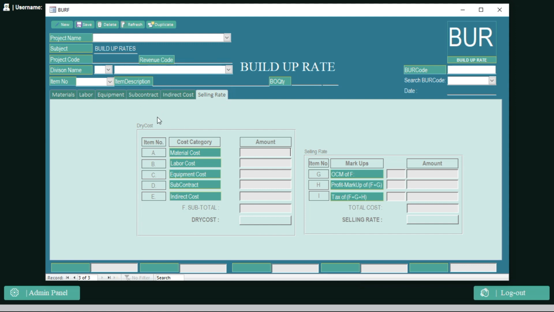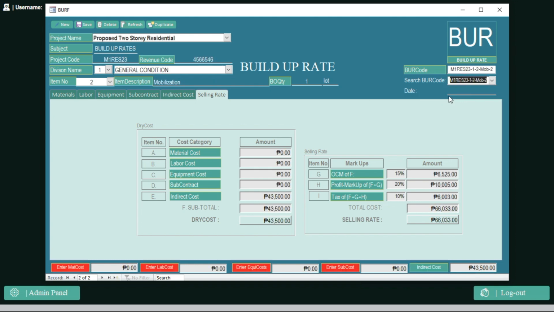If you already created a BUR, if you want to check the BUR, just click this button, search the BUR code, and then you will find it there. Like for example, for this mobilization, this is only an example, okay? This is the rate that you just built a while ago, okay? You will find